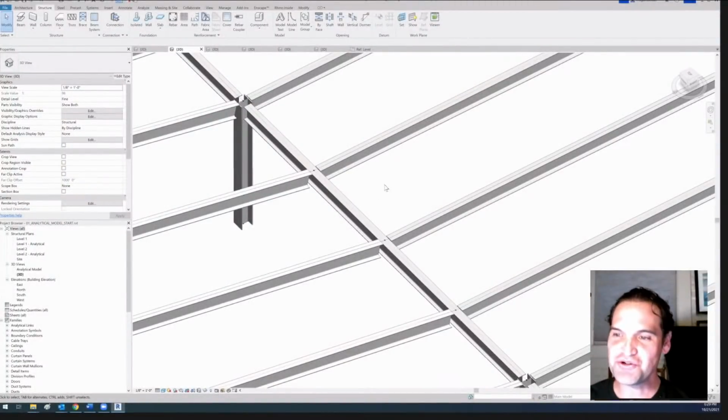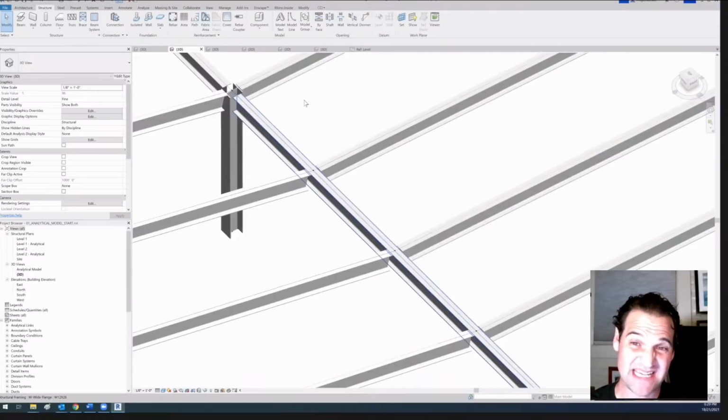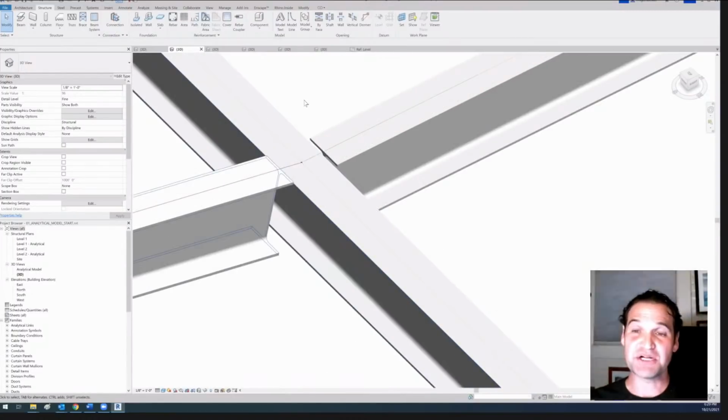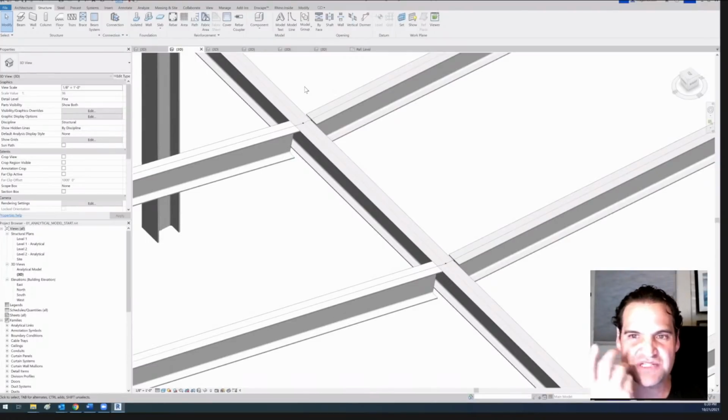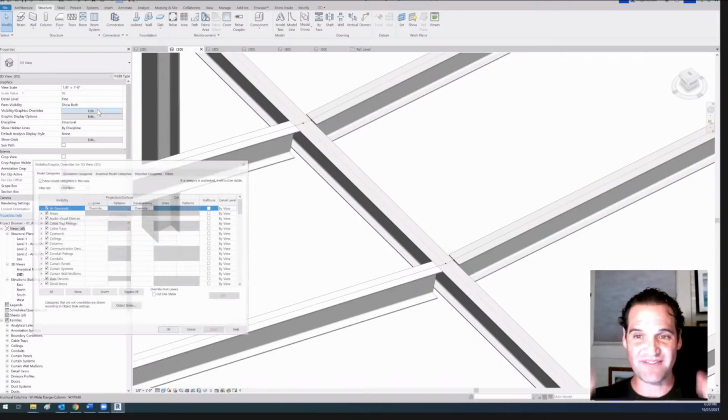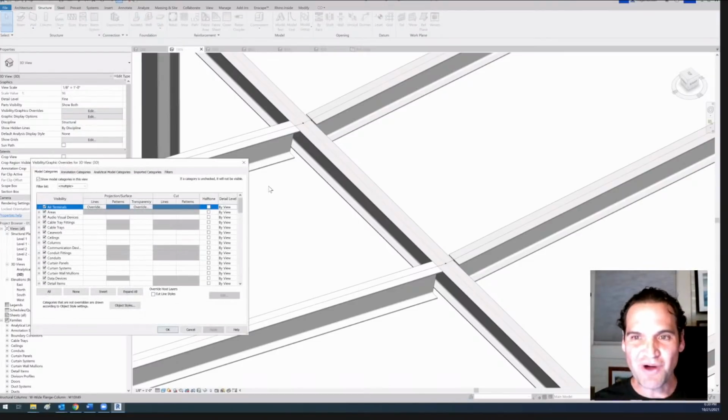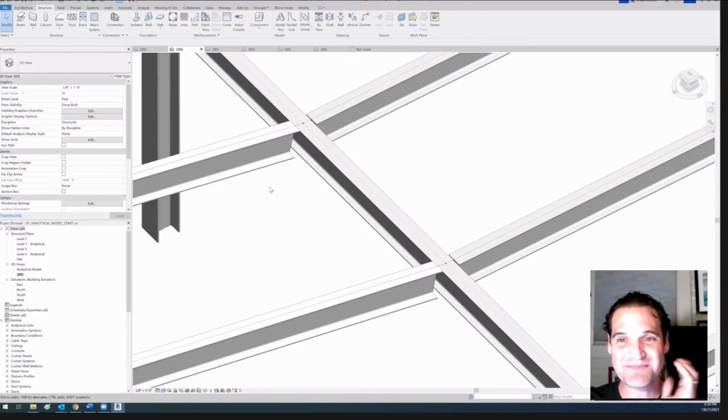What I just showed you with, quote unquote, moving the analytical line and physically moving the beam would not be possible in a link, but you would be able to see the analytical model through the link. You just would have to turn it on through your visibility graphics within the link, and then they would show up. So if you wanted to make an adjustment, I suppose you can copy and paste the beam out, or call up the structural engineer and tell them how much you were admiring their model, and you just happened to notice a tiny discrepancy after